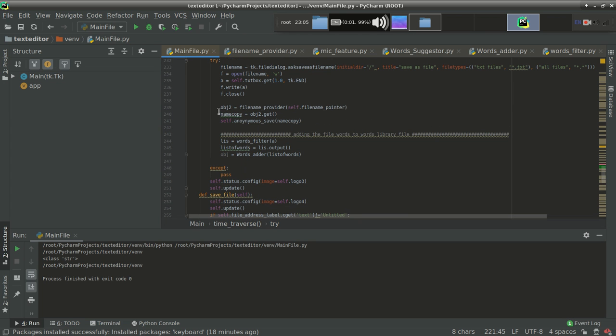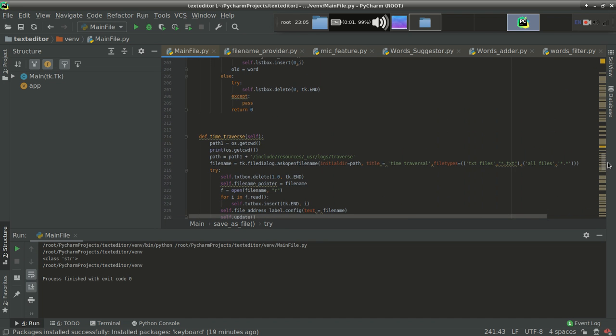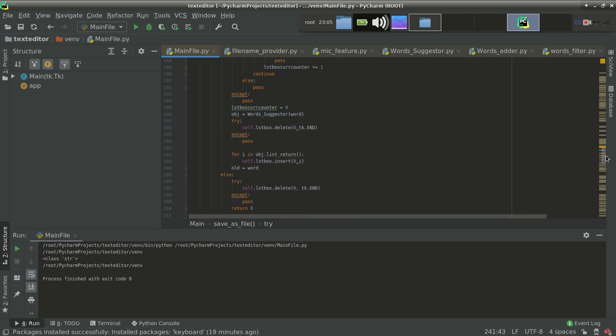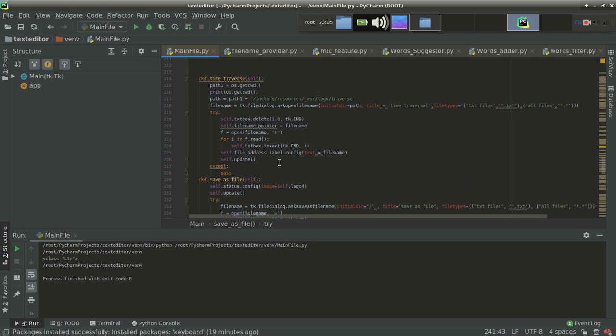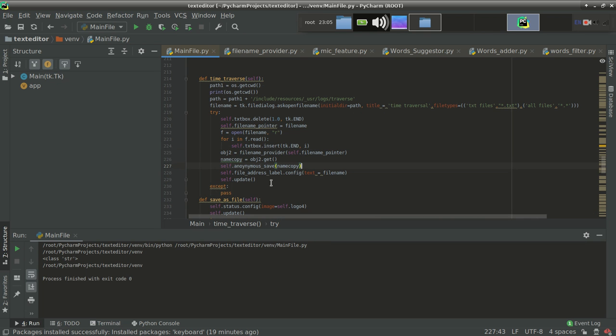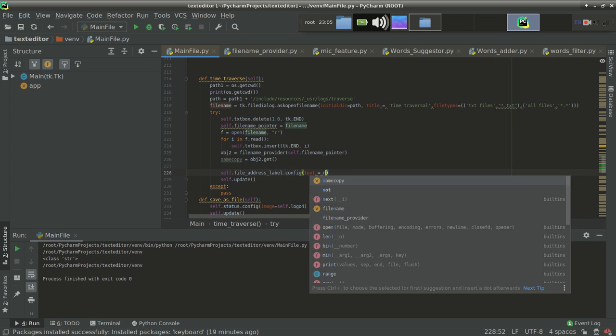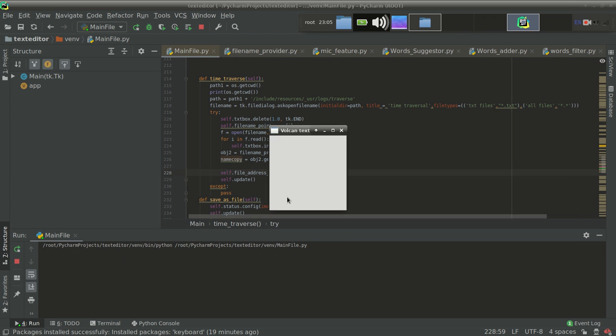Yeah, this one, obj2. Just copy this, because this will work as a filtration technique over here. So time traverse, yeah, this is time traverse, and what I want the text should be, let's pass it over here. It will do filtration, name copy, remove this, and I will simply pass name copy over here. Great. Let's see the output again.